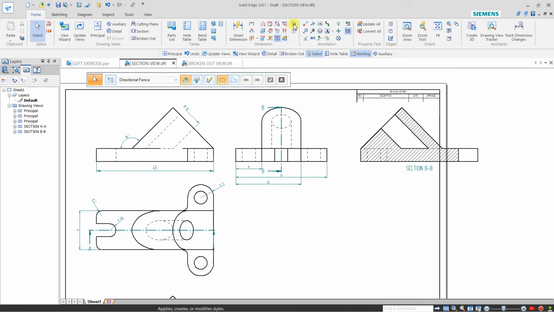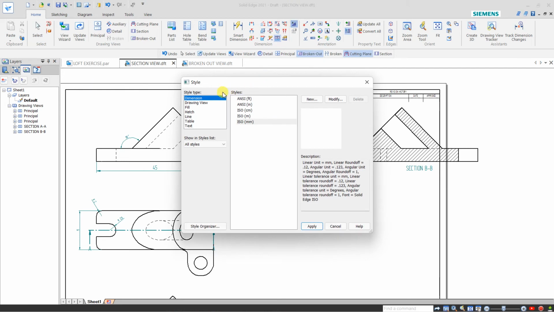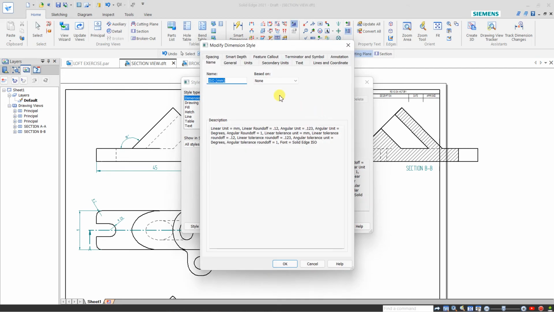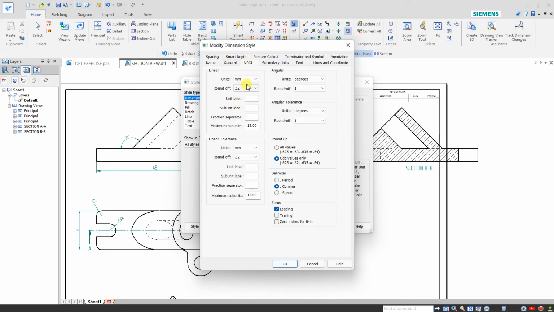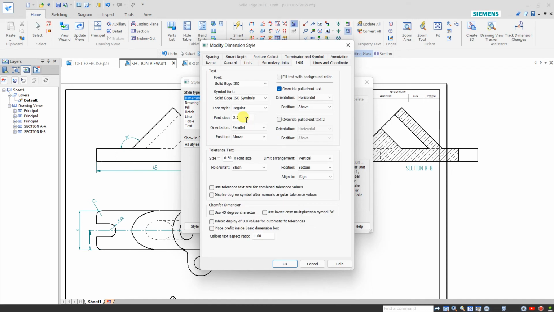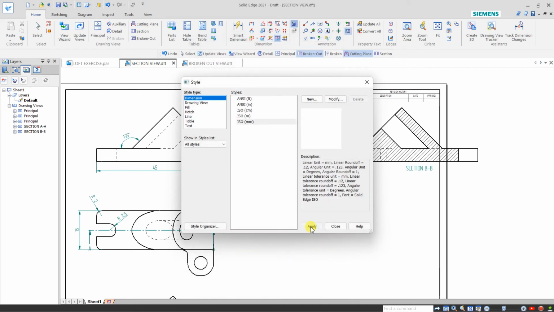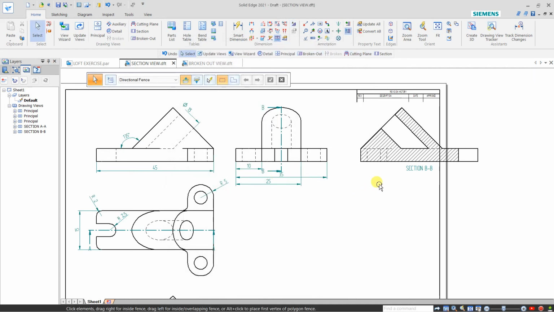So we have to go here in style, and my dimension style is ISO millimeter, and modify it. Here the unit is millimeter, and in text just go to text and change the font size, and okay, and apply. So it will apply on all the dimensions.